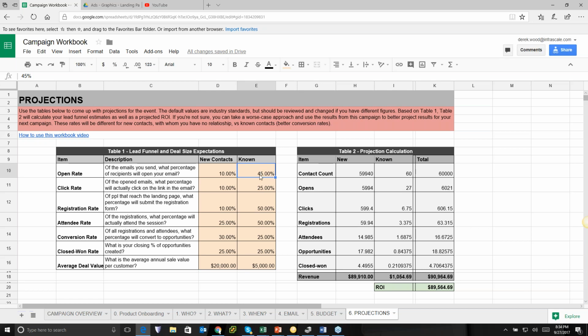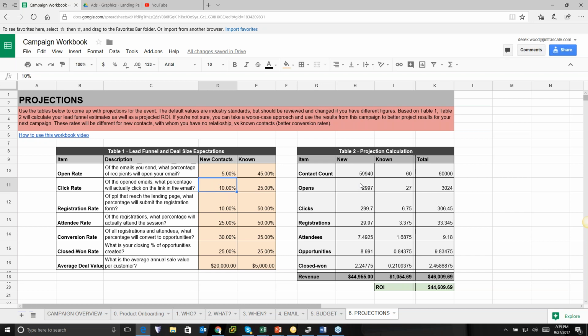Now you also would probably want to modify your open rates, click rates, and registrations for your current customers, because this is going to be a lot better. For people that don't know you and you don't know them, if you're getting a 10% open rate, you're doing a pretty good job. Even if you're getting a 5% open rate, you're not really that upset about it. You want to improve, but this isn't anything to be hanging your head in shame about. That's fairly typical in email marketing. And this gets harder every month.